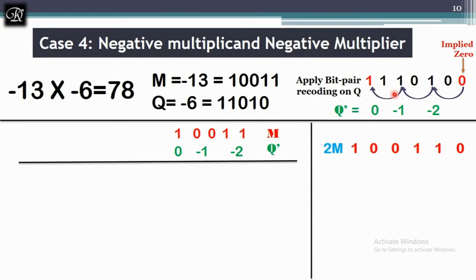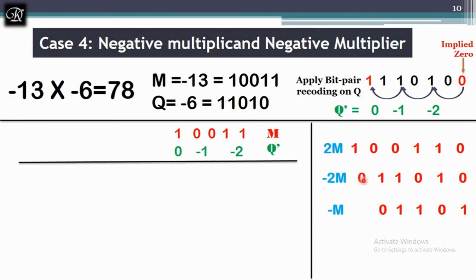Now again, as per previous discussion, when you have a negative m, the value is already negative, and when you multiply that with negative 2, it will become positive 26, and the 2m will be negative 26. When you multiply negative 13 with negative 1, the answer of negative m will be positive 13. These are all the key factors you have to remember. These things look simple, but because of these things only you will end up with a wrong answer.